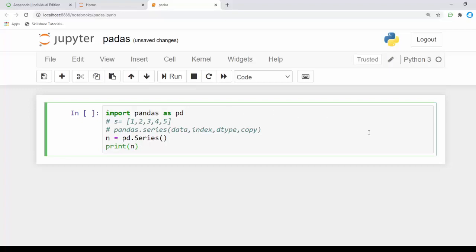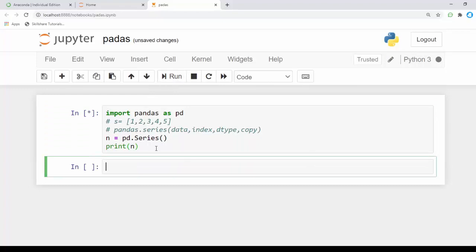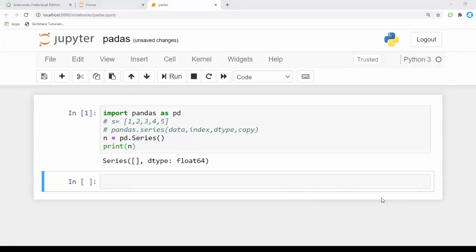To run code in a Jupyter Notebook, I press the run button. This is a block and it will run. You can see the kernel is busy. If you see a black dot in Python 3, it means the kernel is running. Wait for a while. Our output has been displayed. It shows an empty series, with no data, and the dtype is float64. This way we can create a series in pandas.